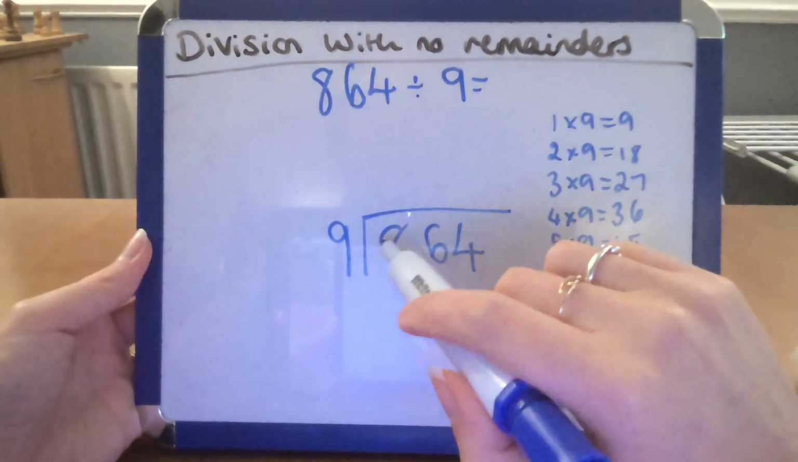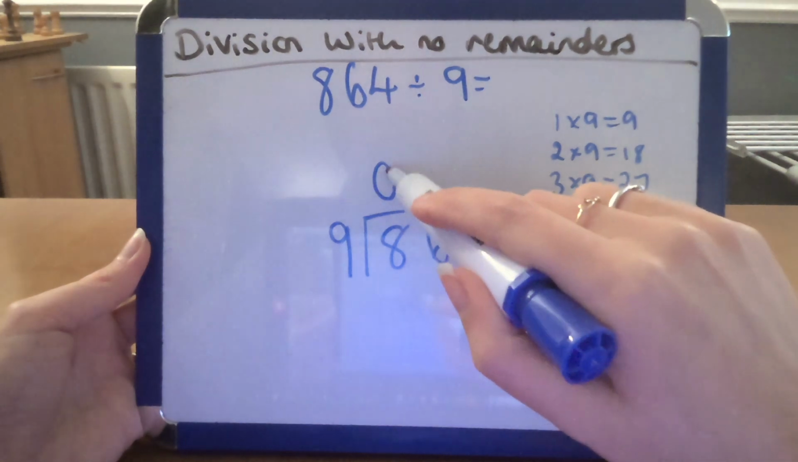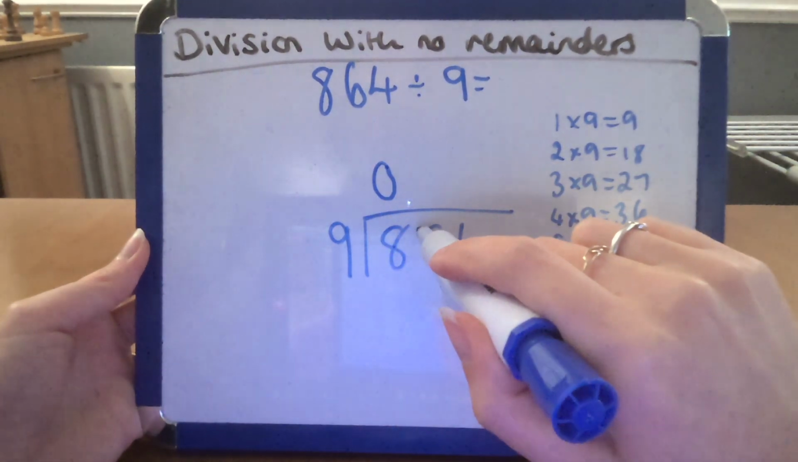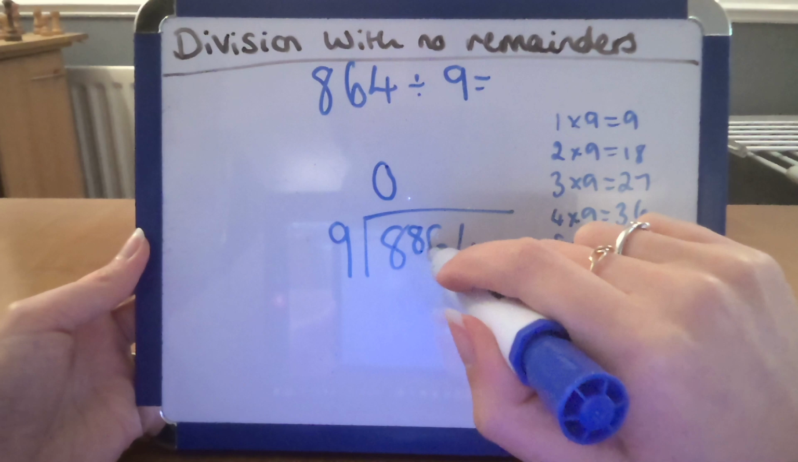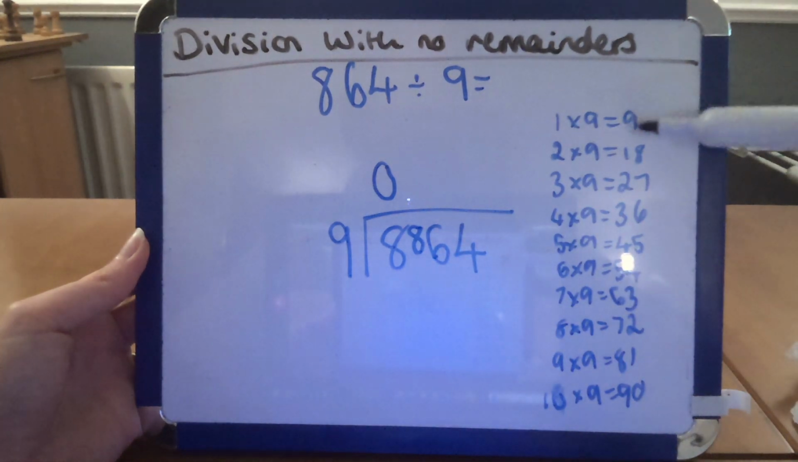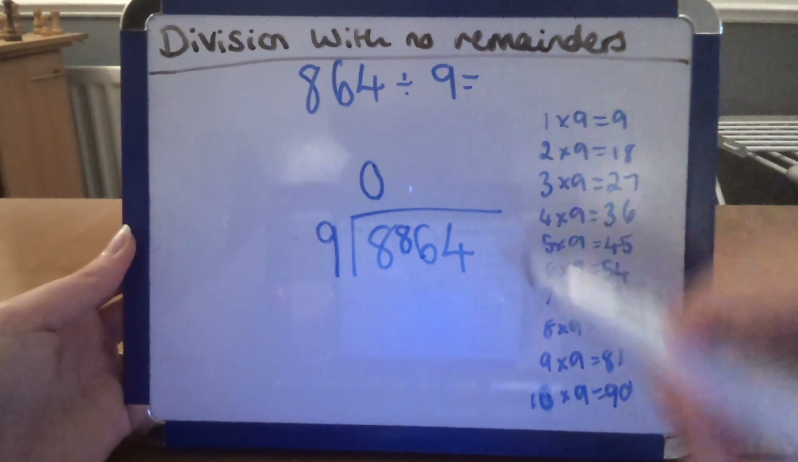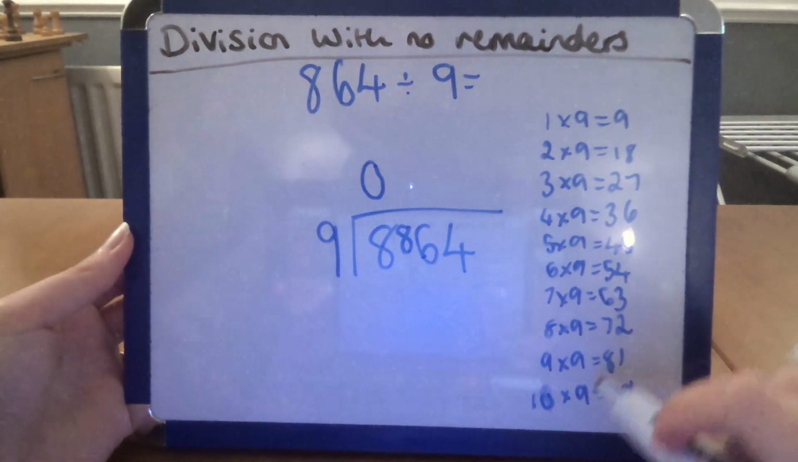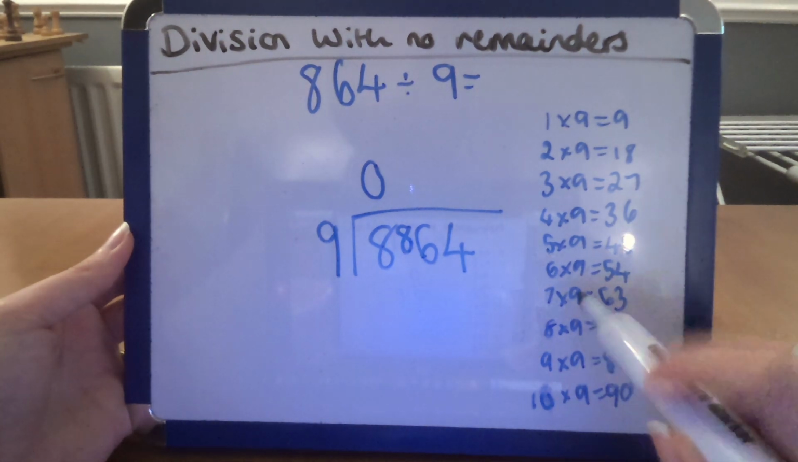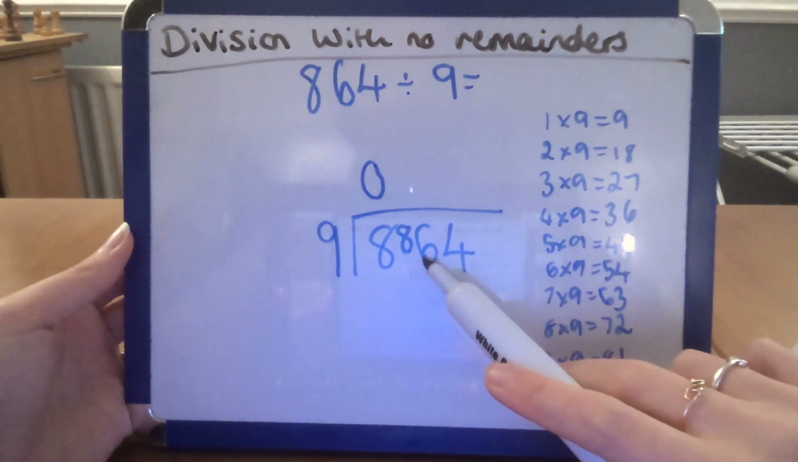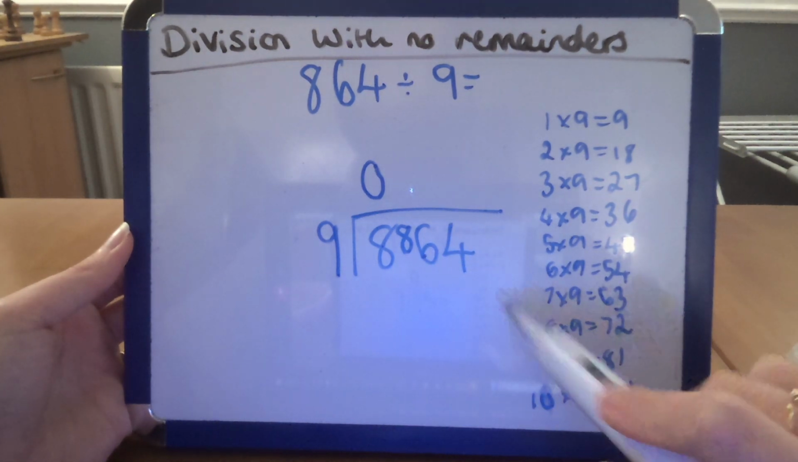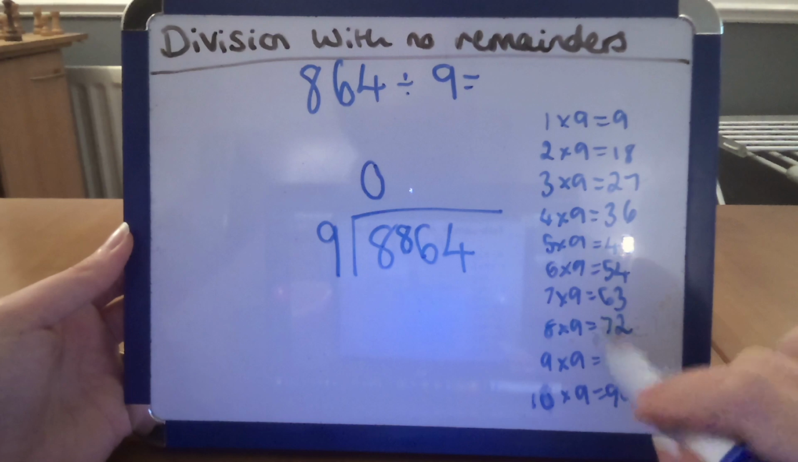So how many times does 9 go into 8? 0. The 8 that we haven't used gets moved over to here to make this 86. So I'm going to go through my times table. Now 9 times 9 is 81 and 10 times 9 is 90. 90 is too many, I only want 86. So 9 will go into 86 9 times